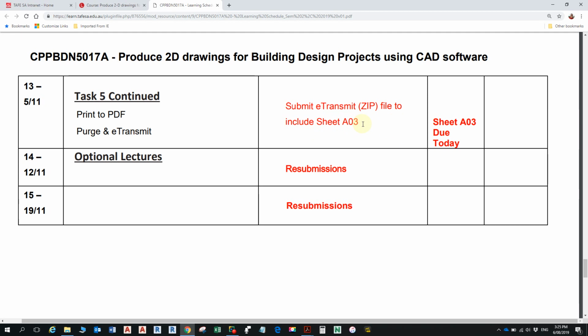Yeah, and that will include, because you've been submitting to us sheet AO1 and AO2 already, you don't have to resubmit them. But you will have to make sure you include the PDF file, the sheet AO3, because if you don't, it won't put it in the zip file. So that's a good little test that you know how to actually go and find a file that's not included and include it in the zip file. Because e-transmit is an internal AutoCAD command,